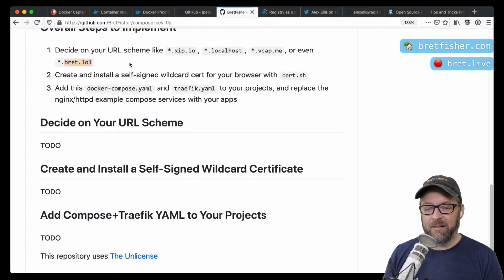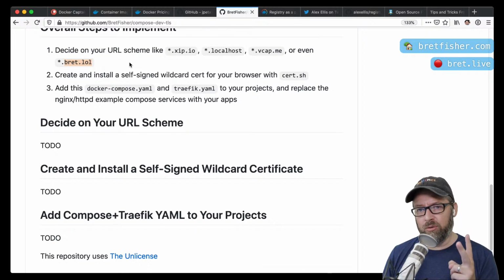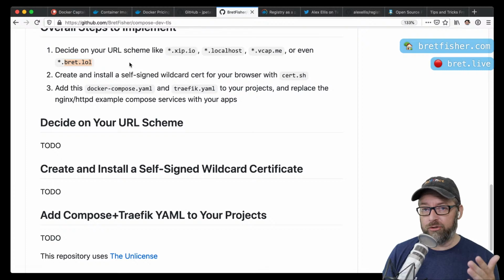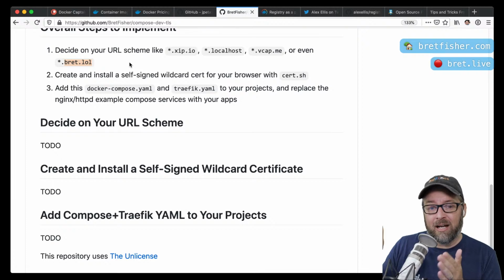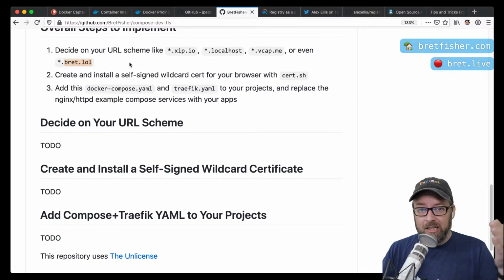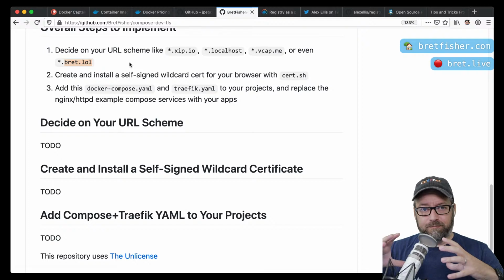So essentially all it is is a domain name with a domain provider that has technically two A records, but the main A record is a wildcard host A record that points to 127.0.0.1, which is your localhost IP address. And so that domain name, with the wildcard, means that anything .bret.lol on any machine in the world is going to look at the localhost machine.